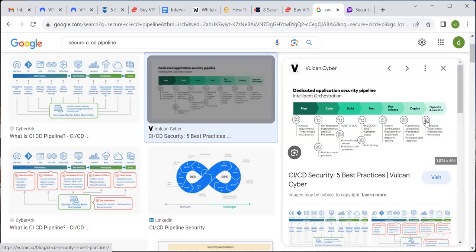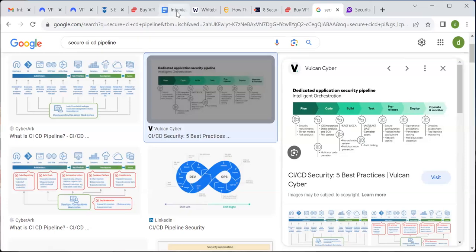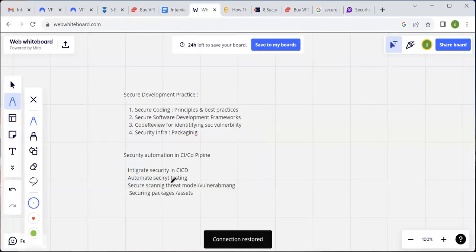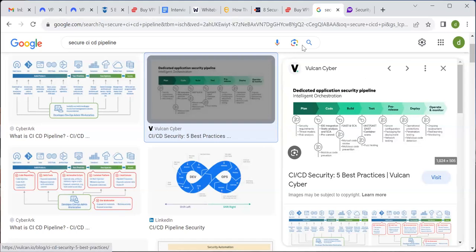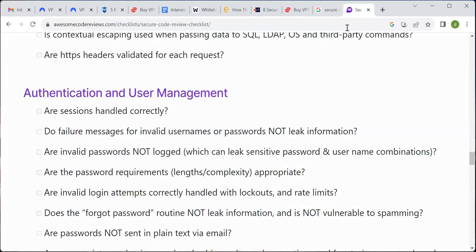So these are the security aspects you have to integrate in your pipeline. Okay, we have talked about these many tools here. And the next one is automating a security aspect. This is nothing but the same thing here. What is that here? SAST, IAST, DAST, right? So this is where our